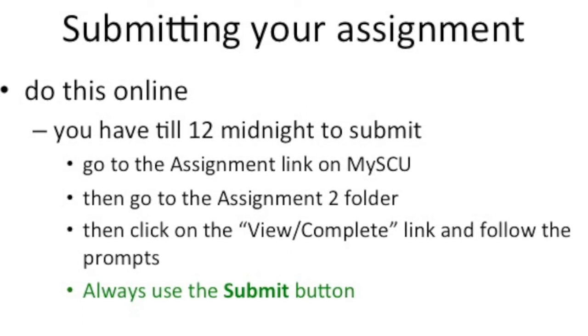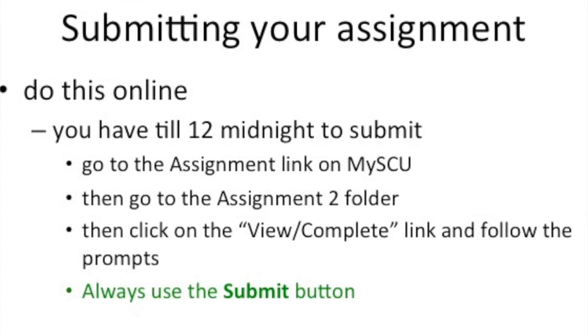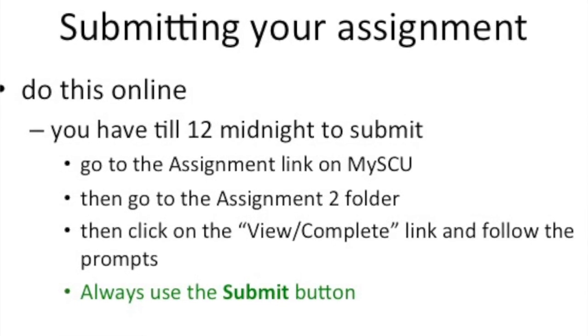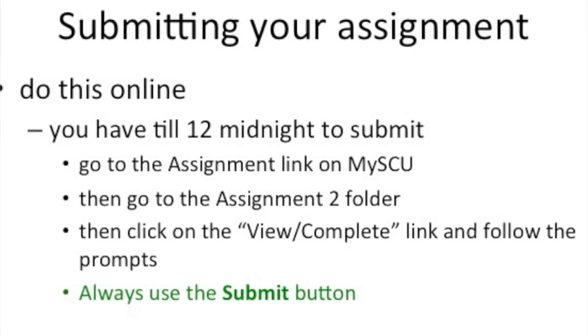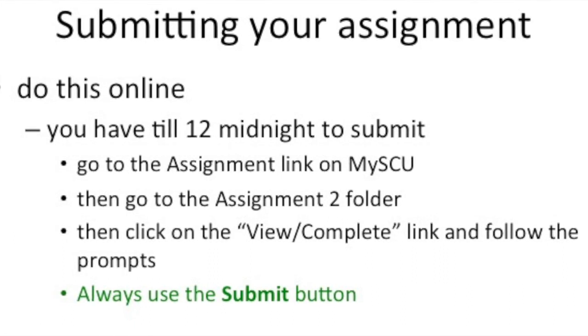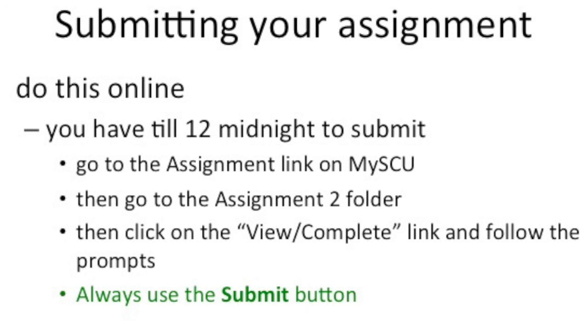Once you've completed it and you've edited it to the stage that you like, you've got everything you need to go and submit your assignment. So once you go online to the submitting area, you'll find your assignment on your computer or on your USB stick or however you've got it saved, and upload that file to the uni server, and that's where we then download it and mark it from there.